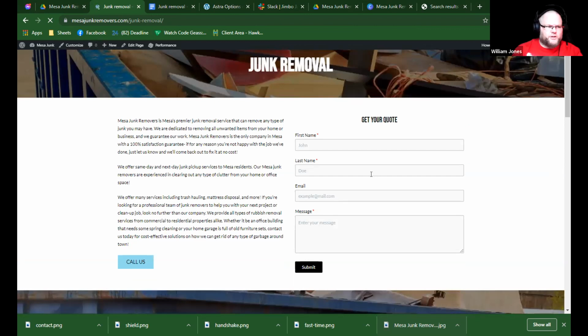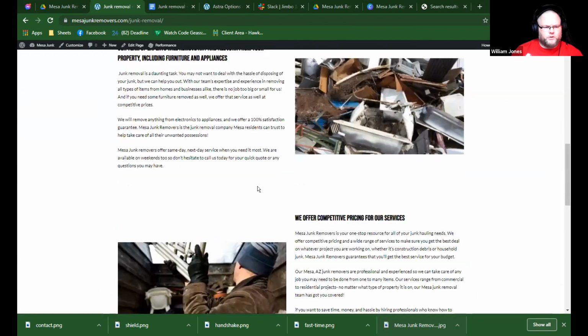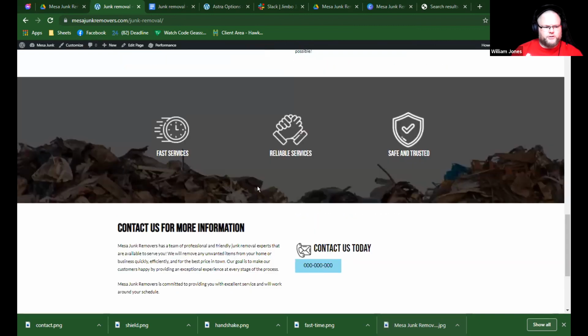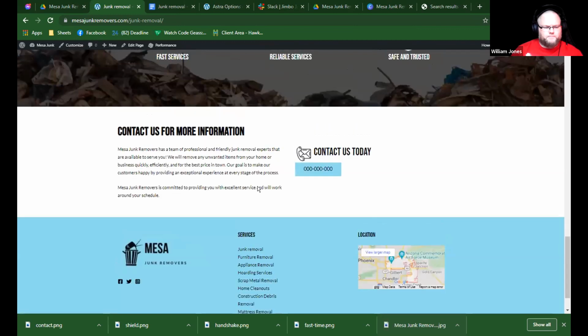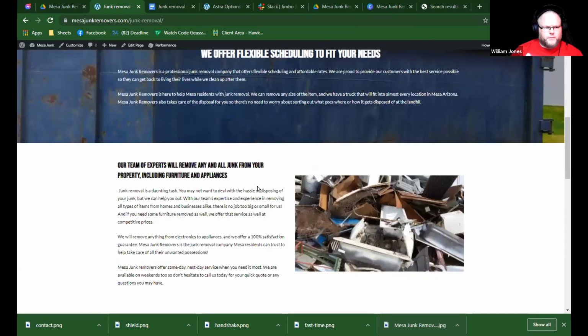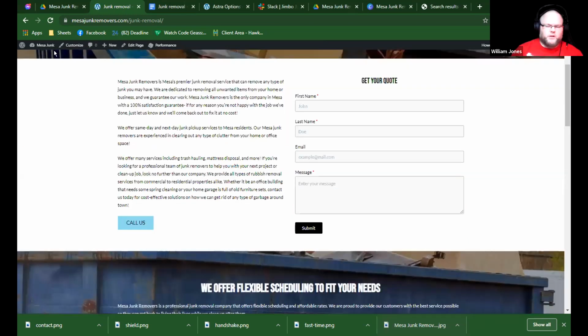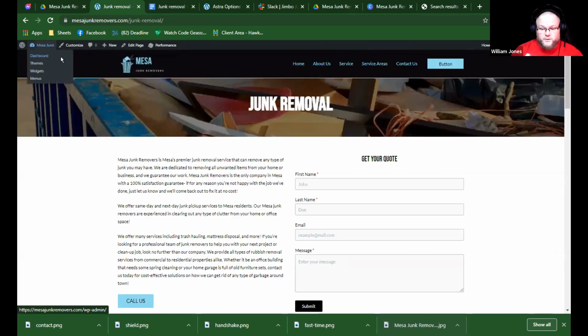That's one page done. You can scroll all the way down to the bottom and just show them the whole page, and then we're going to create another page. All right, so if you could, Brian, go ahead and go to the plugin section so you can show them the plugin